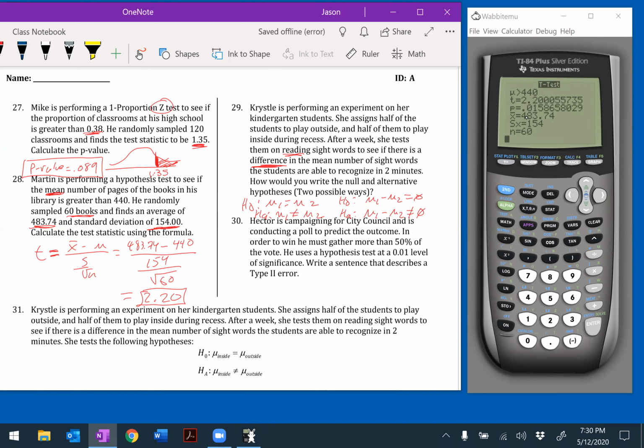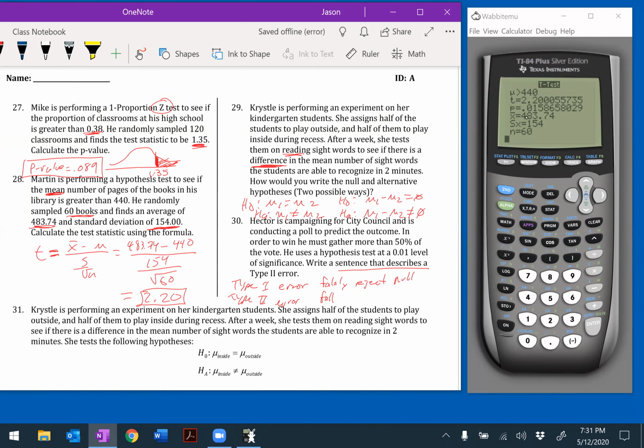Okay, and he is conducting a poll to predict the outcome. In order to win, he must gather more than 50% of the vote. He uses a hypothesis test at 1% level of significance. Write a sentence that describes the type 2 error here. Okay, so type 1 error is to falsely reject the null. So type 2 error